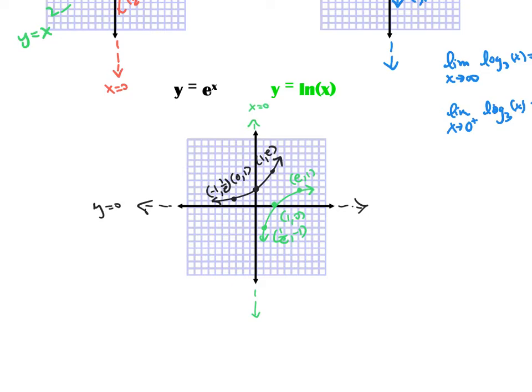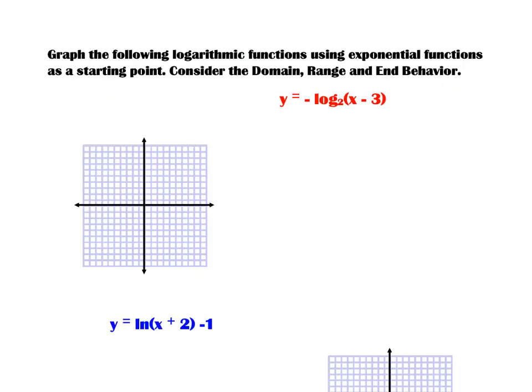So the vertical asymptote location will only change if we have a horizontal shift. Okay, stretch doesn't matter, just a shift. So we're going to talk about domain and range in a little bit regarding both the exponential and the logarithm. So let's move on. Okay, so I'm going to graph both of these logarithms here,